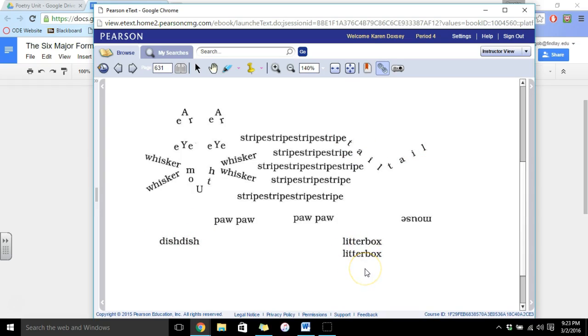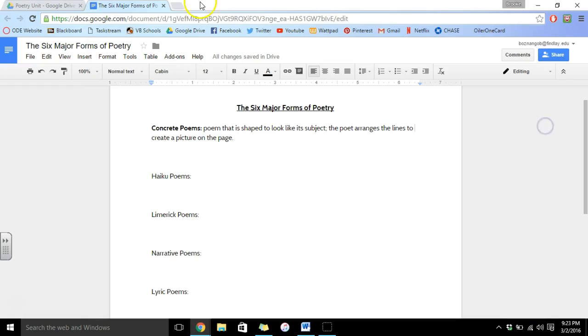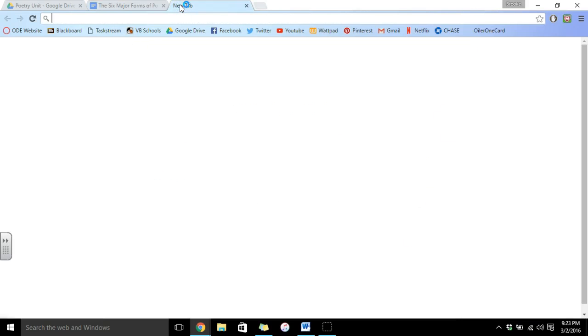Litter box, litter box. So, this is kind of more of an unconventional kind of poem, but it is still a type of poetry. It doesn't rhyme, which is okay. Not all poetry has to rhyme. It can not make any sense, like this one can, or it can have the rhyme schemes that we talked about. So in this case, it doesn't rhyme. It's just a bunch of words that come together to form a picture. So other examples of this is